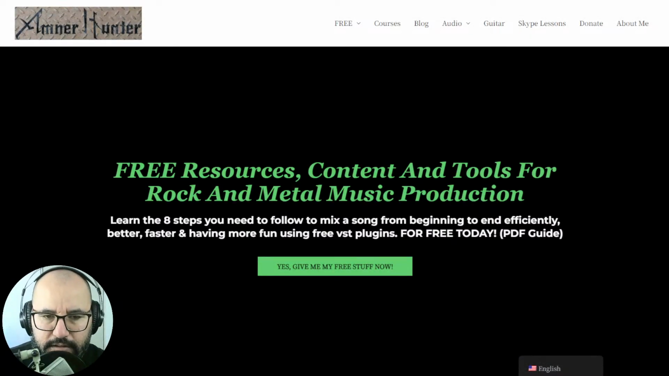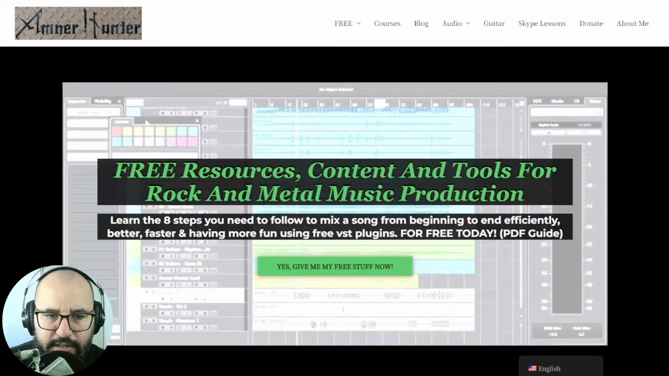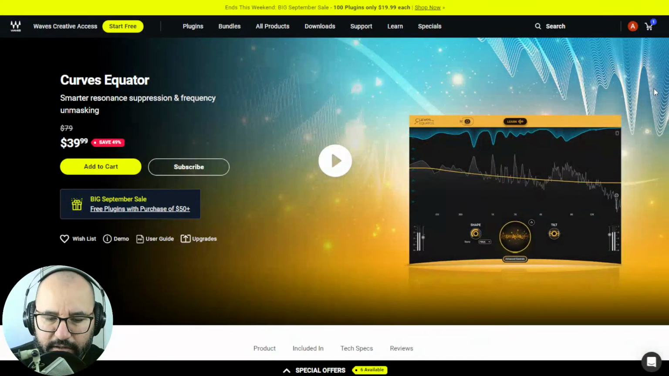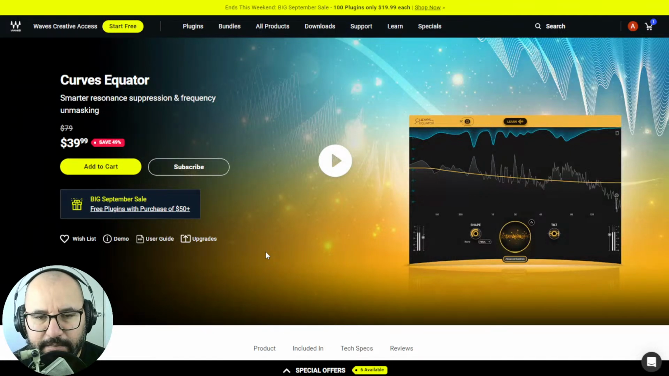So now, let's see, this is the price of the plugin, right? $39.99, 49% off in this Curves Equator. I think it's definitely competing with some other brands. It's definitely much cheaper than Soothe and Gullfoss, which are very expensive, but it's competing with the Smooth Operator by Baby Audio, also the Sonible one against unmasking, but the Sonible doesn't work on one single